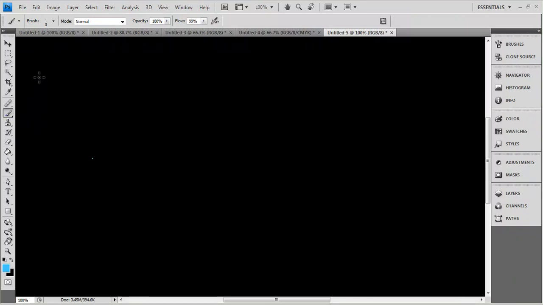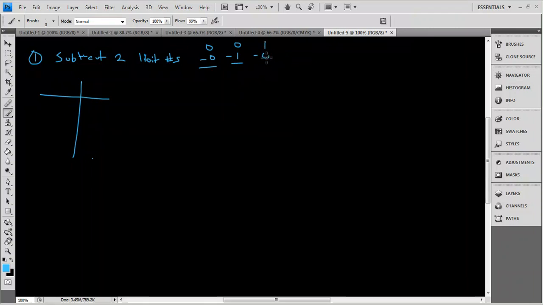Let's say step 1, create a truth table. We're going to subtract two 1-bit numbers. Okay, so let's write it out first. I mean, you could go straight to the table if you wanted, but sometimes it's easier to come up with a kind of a shortcut. So we could say 0 minus 0, 0 minus 1, 1 minus 0,